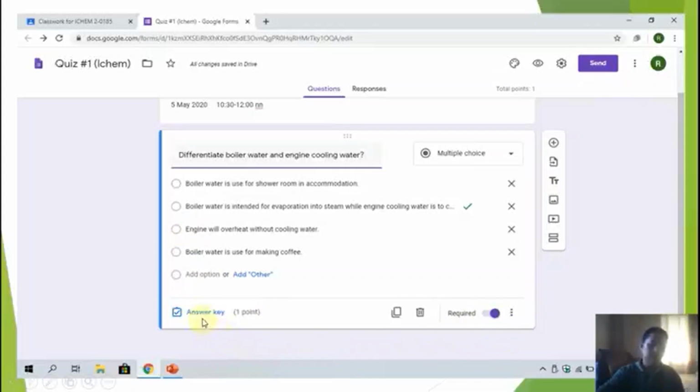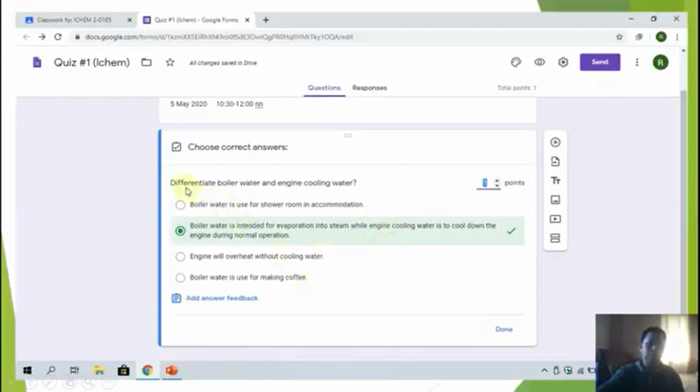So when you click this answer key, this one will come out. So there is no answer highlighted. For example, this is the correct answer. So you have to click this and this check will come out, and you have to click here and write, for example, 1 point or 2 points or 10 points.